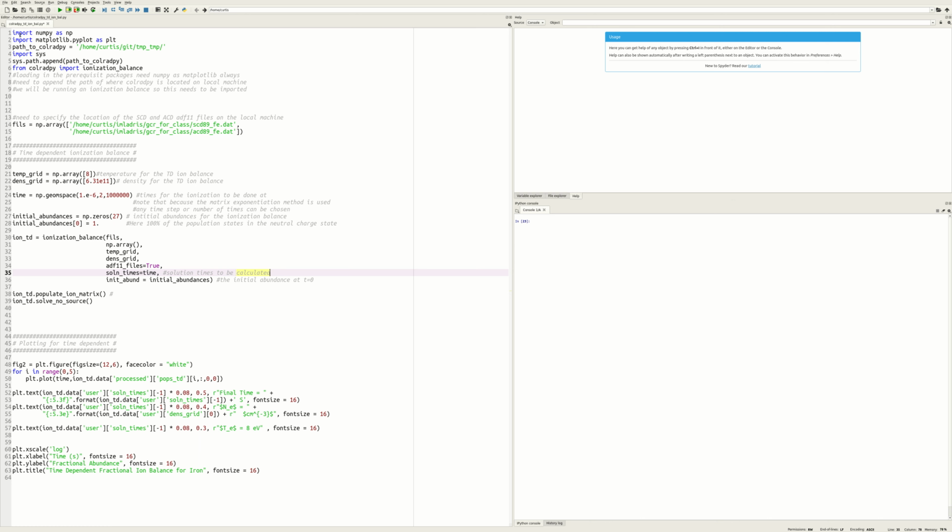So like before, we're going to import the standard Python libraries that we're going to need. We'll need to specify where ChiantiPy is located. This is where I have it. We need to append the path to where ChiantiPy is, and then from ChiantiPy, import the ionization balance. This is the same as for the steady state, and it gets called the same way too. It just has a different definition in it that will solve the time-dependent part